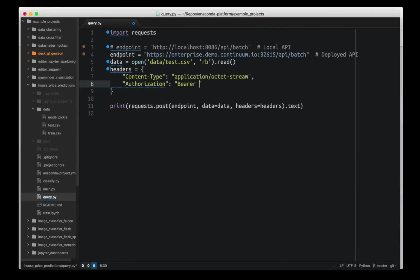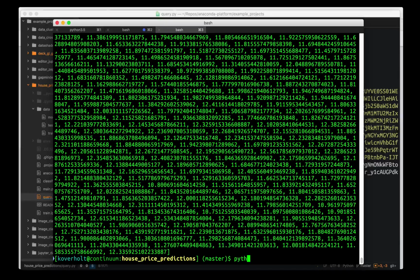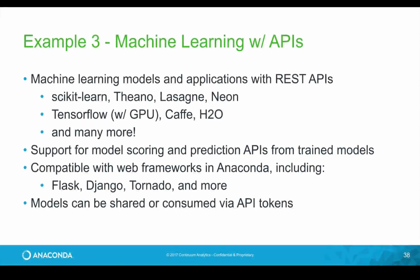and this token will allow us to send over test data in a post request and receive back the scores from the model. So after a few seconds, we will see the results coming from the model. So this is very interesting because this is where we lead into our next section where we talk about composable projects